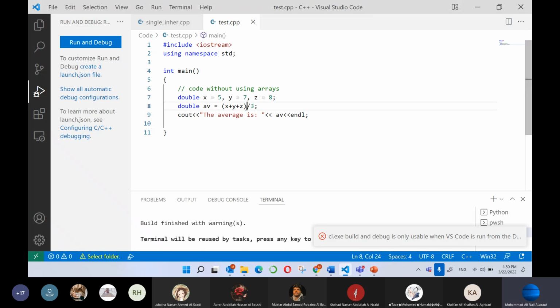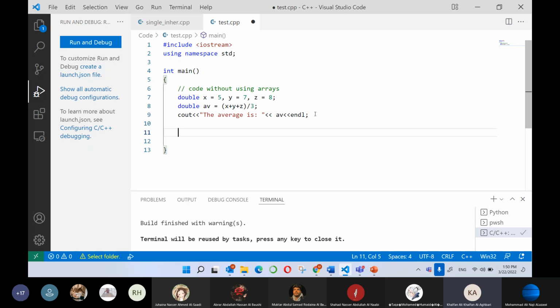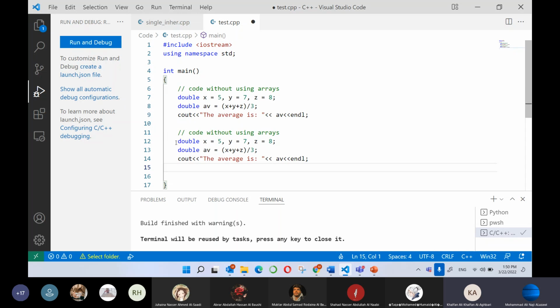But as I told you, what if I have more variables, like 10 variables? Will I keep naming them? How would we know that they are the same? So an easier way to do this: I will do the same code, but with an array. Here, instead of having double, I remove everything here. I will define an array of 3 equals